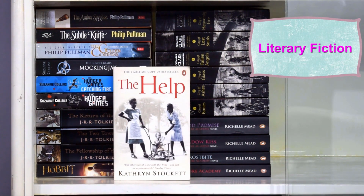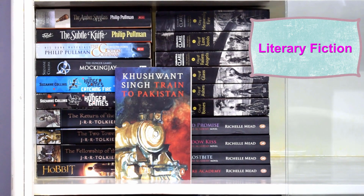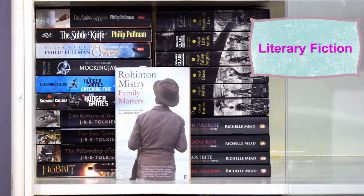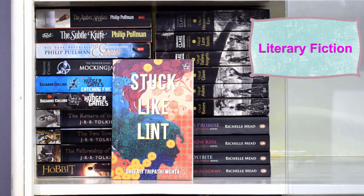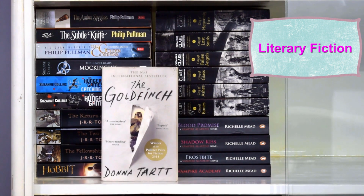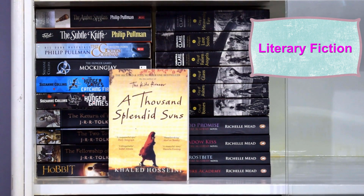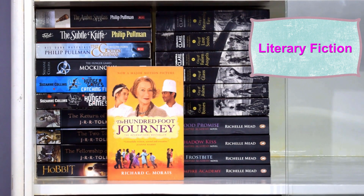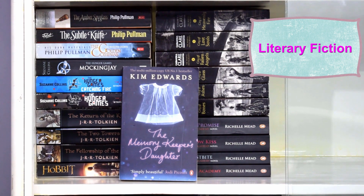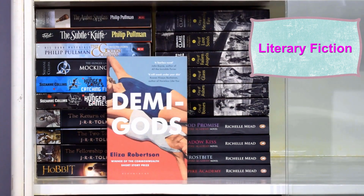The Help by Kathryn Stockett, The Tusk That Did the Damage by Tania James, Train to Pakistan by Khushwant Singh, Family Matters by Rohinton Mistry, Stuck Like Lint by Shefali Tripathi Mehta, Far From Home by N. Bennett, The Goldfinch by Donna Tartt, The Kite Runner and A Thousand Splendid Suns by Khaled Hosseini, The Hundred-Foot Journey by Richard C. Morais, The Memory Keeper's Daughter by Kim Edwards, Sing, Unburied, Sing by Jesmyn Ward, Demigods by Eliza